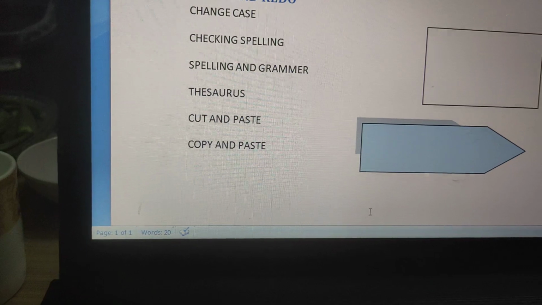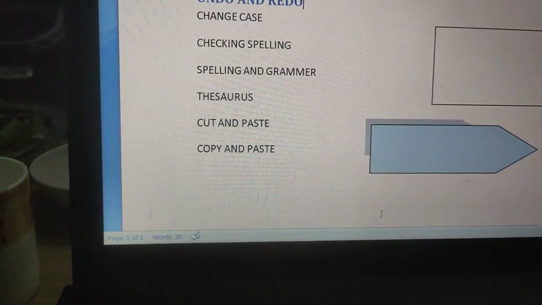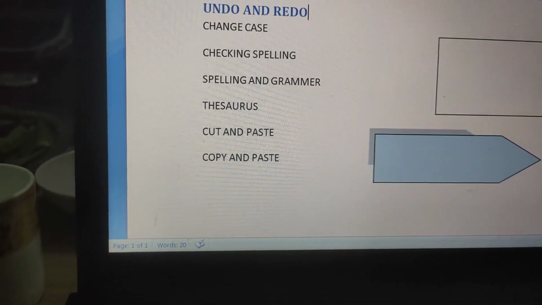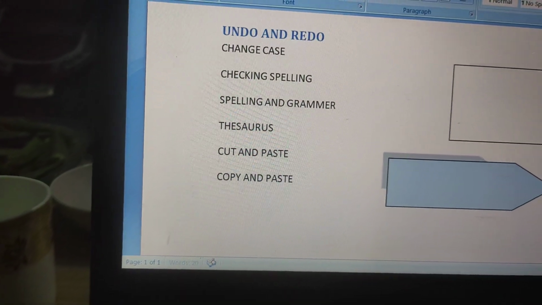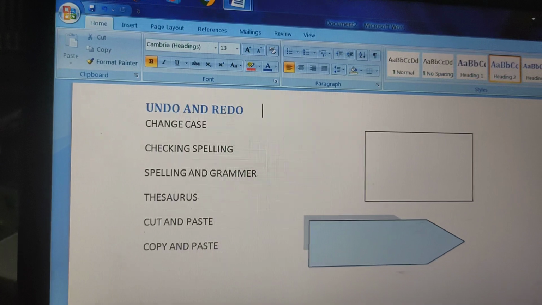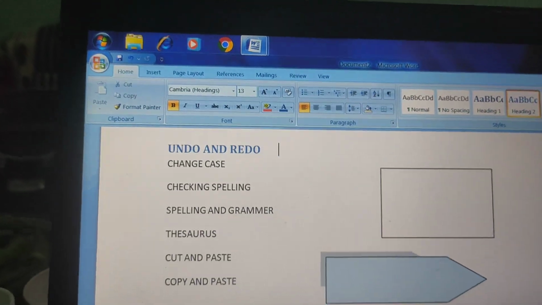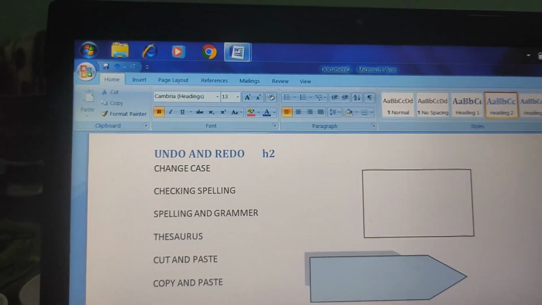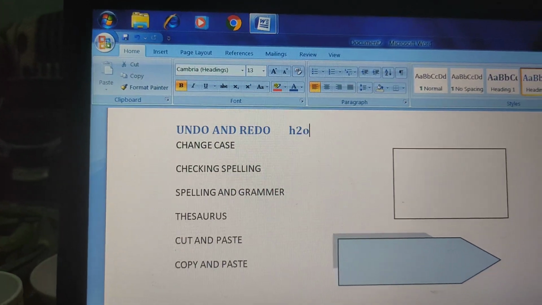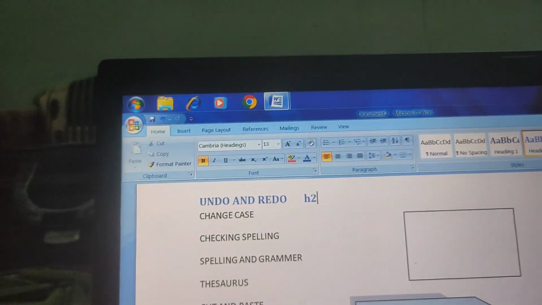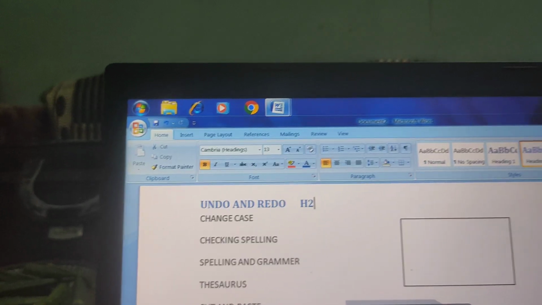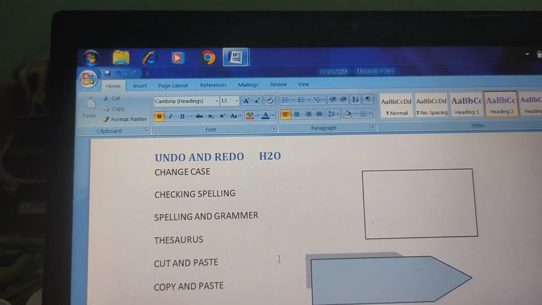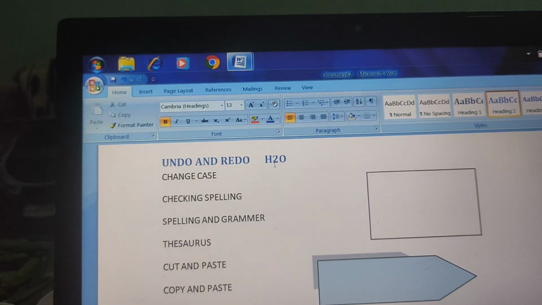Now the next topic is subscript and superscript. Now what is subscript and superscript? Suppose I have typed here H2O. See, now selecting 2.